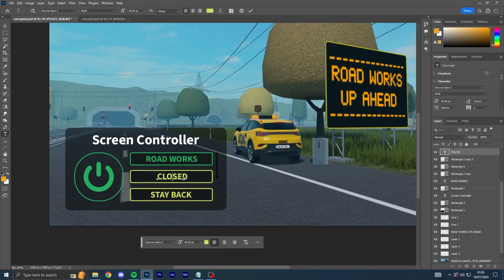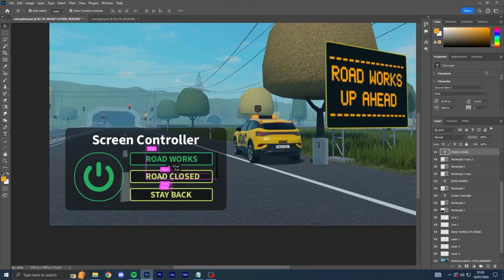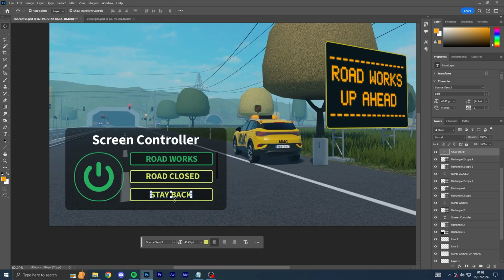Alright everybody, little update. So you may notice I added some lines there for extra effect. Looks pretty cool, I thought. And now I'm just literally copying the police thing. So I'm just going to write road closed, road works, you know, just simple stuff like this. And then I'll be done. Let's go. 5 epic suggestions, I think. I almost just typed epic for a second. I don't know, what else should I do?